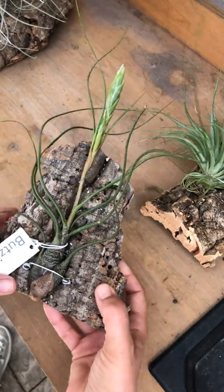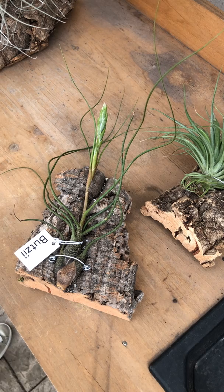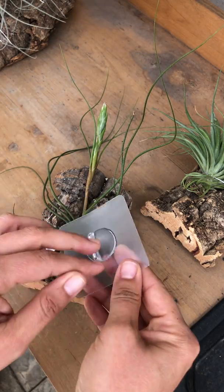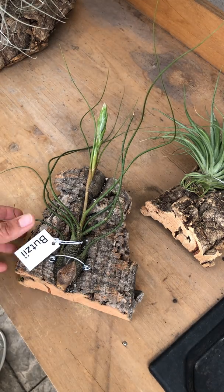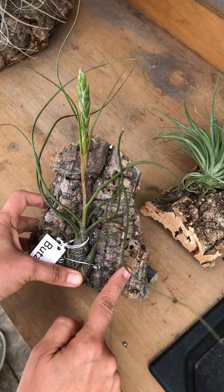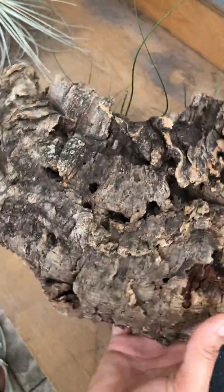And if you're wondering how I hang them, I use, let's see, where is my little hook here? I use these type of hooks. They have adhesive glue in the back, so there's a sticker that you can just peel off. They work pretty well. And the reason why I'm so excited that I found this cork is because if I wanted to do this on driftwood, and let's say I found a piece of driftwood, maybe this big right here,